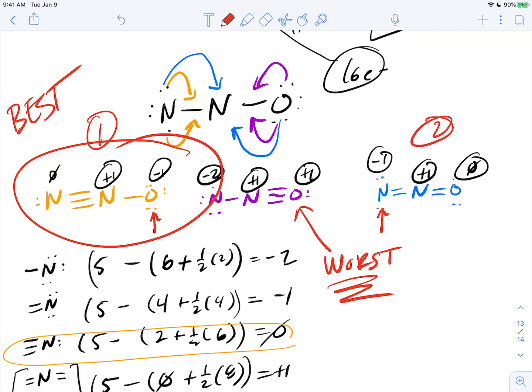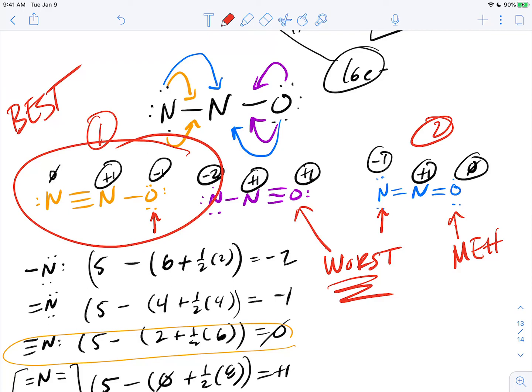And this structure is our meh. It's not the worst. It's not the best. And so we would expect to see most of these N2O molecules looking like a nitrogen triple bond and a nitrogen oxygen single bond. So that's how we use formal charge to determine the formal charges and structures of atoms